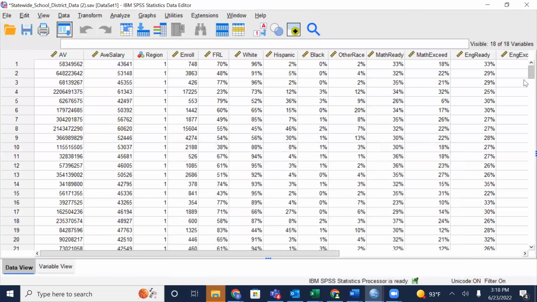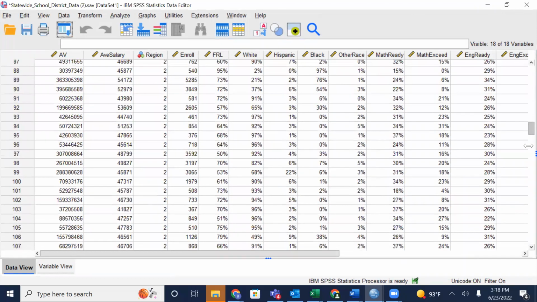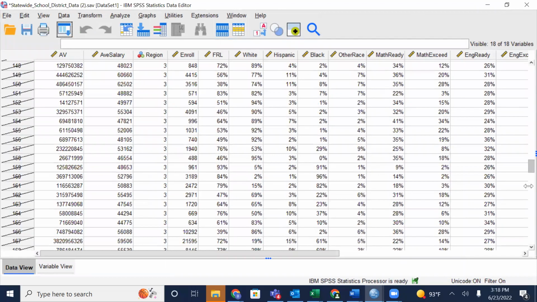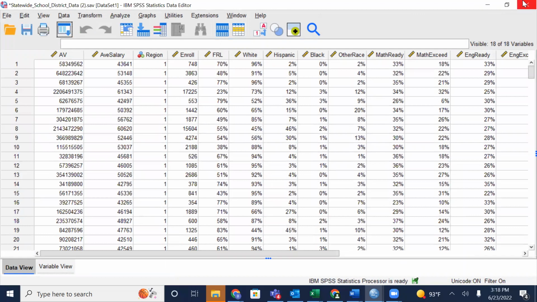Show me what I filtered. I'll scroll down here and just make sure that only the cases I want to use are included. So you have 3 and 4, it looks like they are marked out. Okay, so to determine if there's a significant difference in the district enrollment between these 3 regions left, region 1,